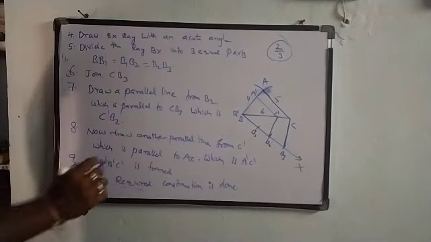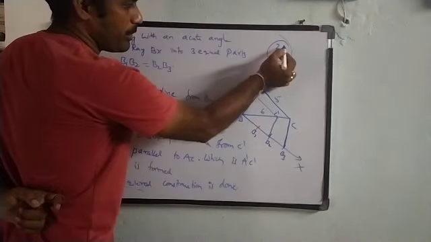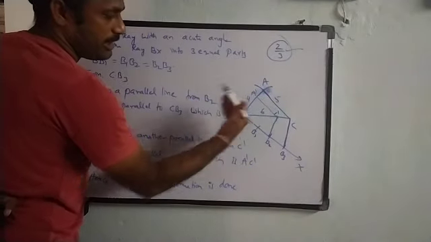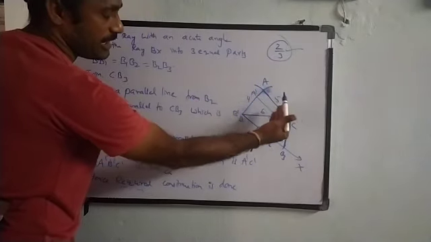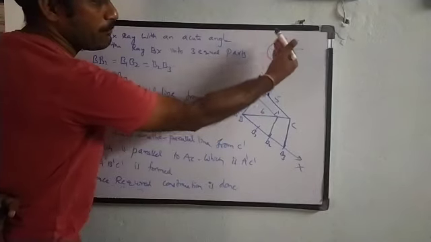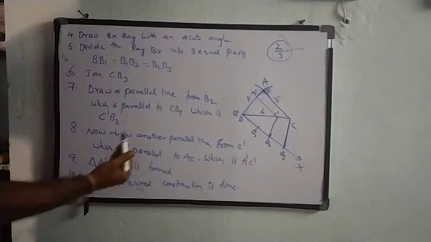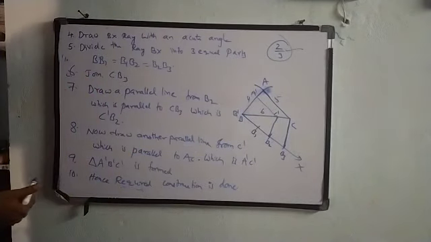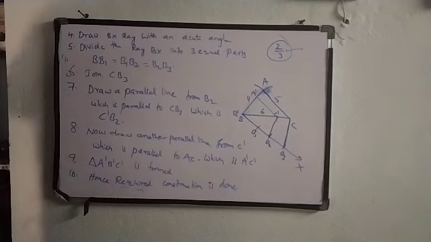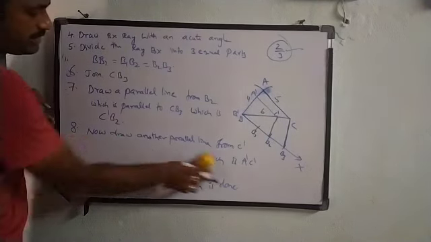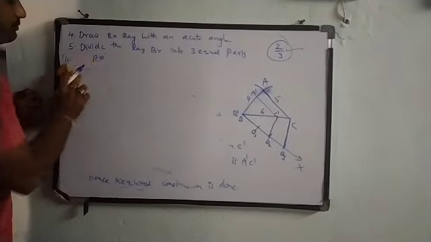Now, if you observe here, make sure of two things. If the fraction is 2 by 3, it is a proper fraction. In a proper fraction, the triangle A dash B dash C dash will come inside. And in an improper fraction, which is the next question we are going to discuss, it will be outside of the given triangle on which we have done the construction. So this is the proper fraction. Let us take another improper fraction question.